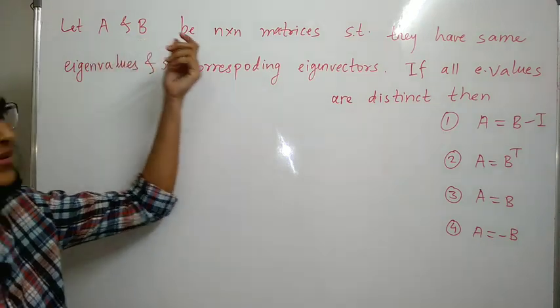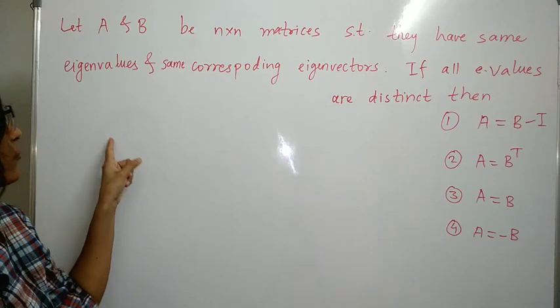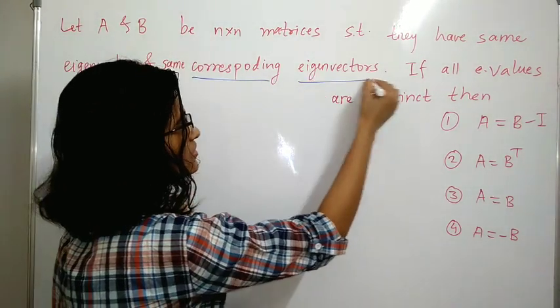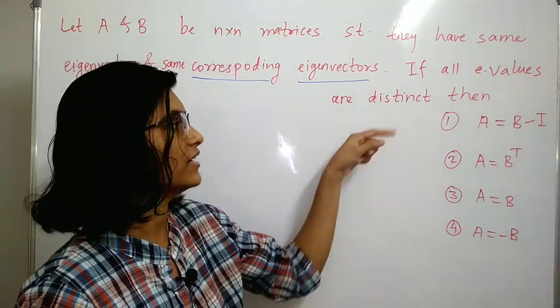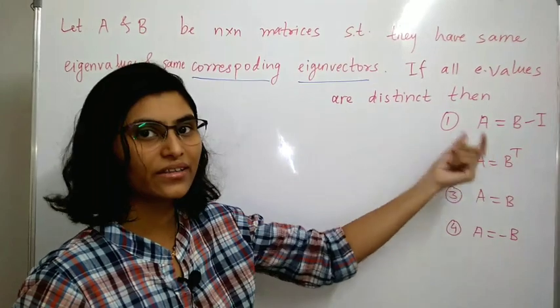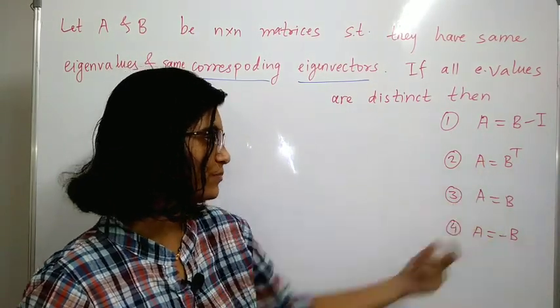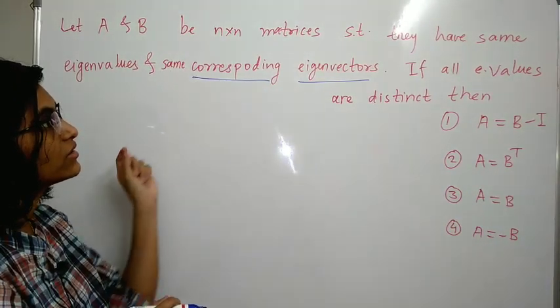Let A and B be n by n matrices such that they have the same eigenvalues and the same corresponding eigenvectors. If all eigenvalues are distinct, then A is equal to B minus I, A equal to B transpose, A is equal to B, or A is equal to minus of B. So what we have been given,